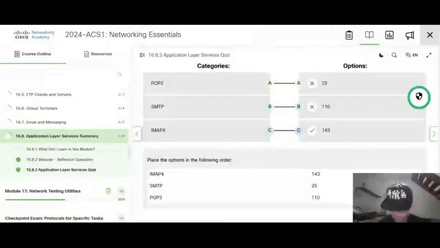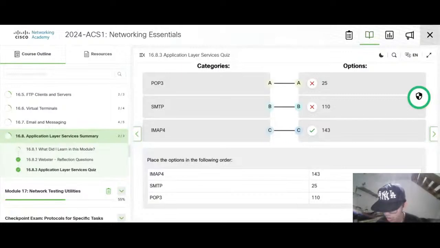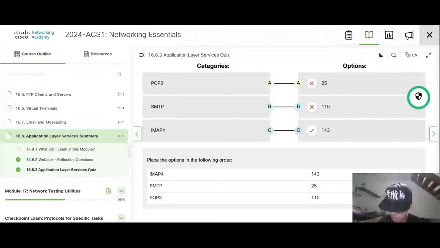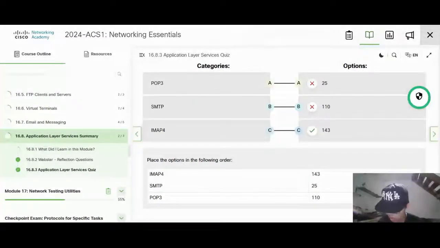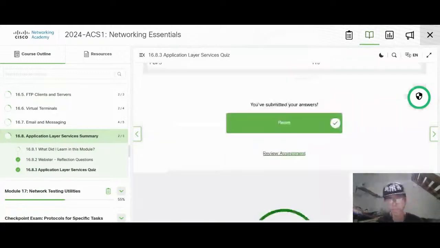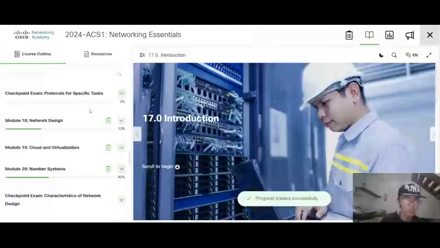SMTP is the five. Next, network utility.